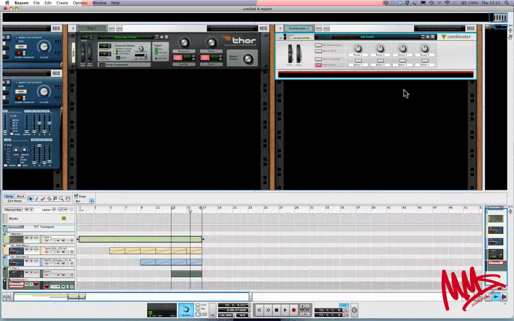As well as all the really powerful instruments that come with Reason, you've also got this thing called a combinator where you can load any number of instruments and effect devices into this combinator and control them as if they were just one super device. So as with all the other devices, this has a Browse Patch button. So I'm going to press that,